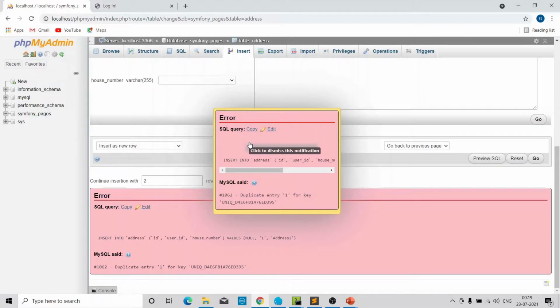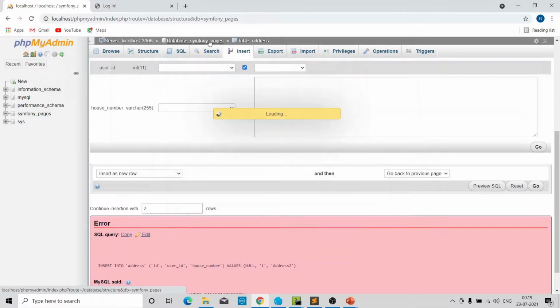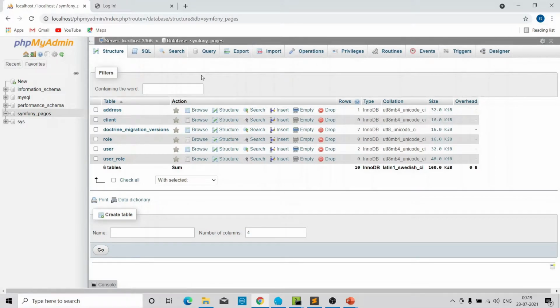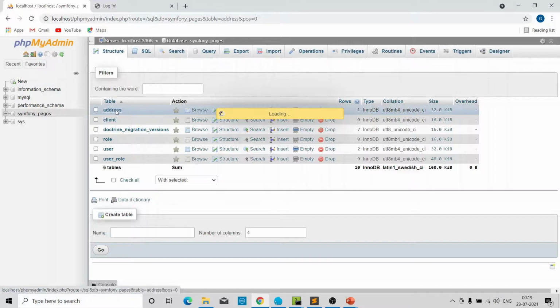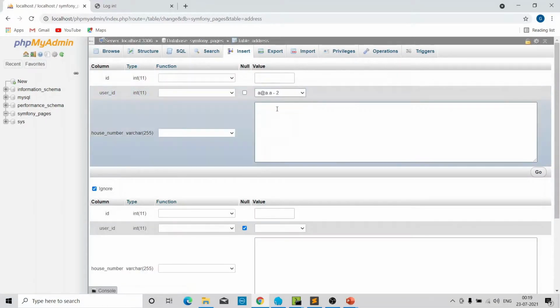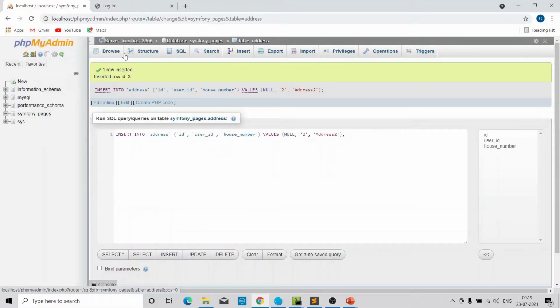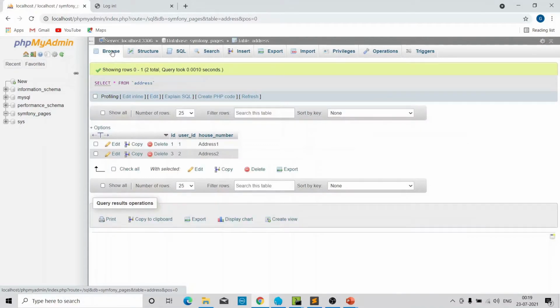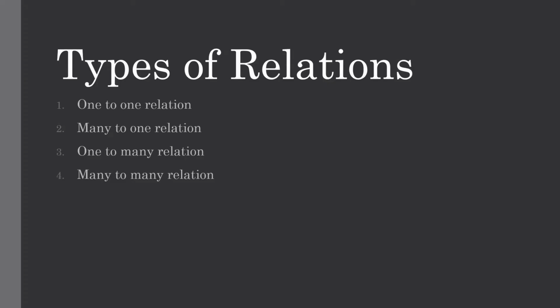So as you can see, we are getting an error. The reason is that we are using one-to-one relation, so one address can be related to only one user. In this case I have chosen user2, address 2, and the entry is added.